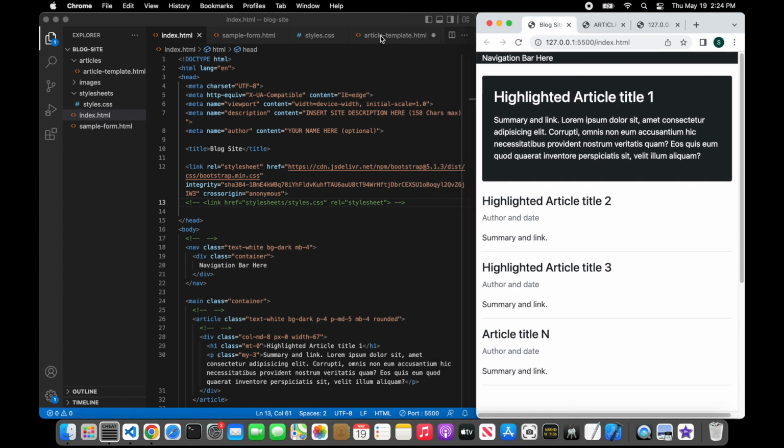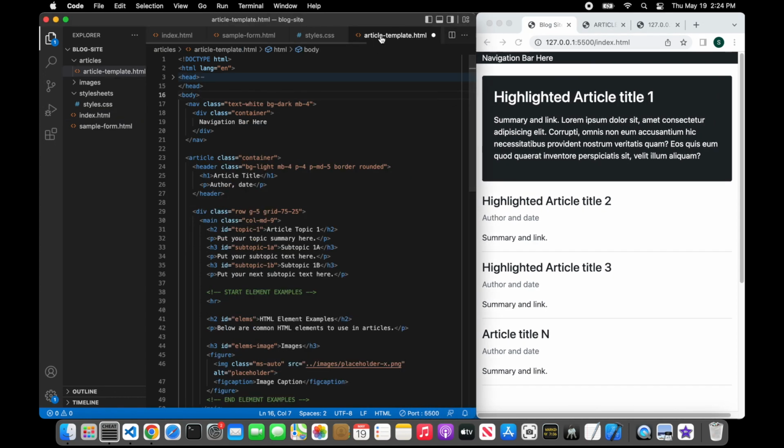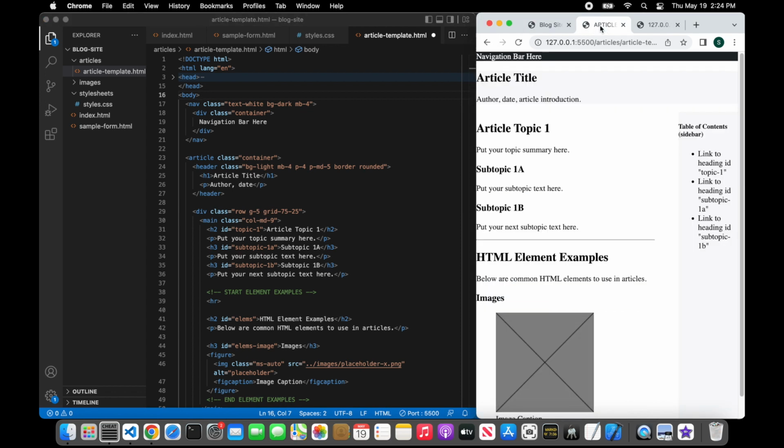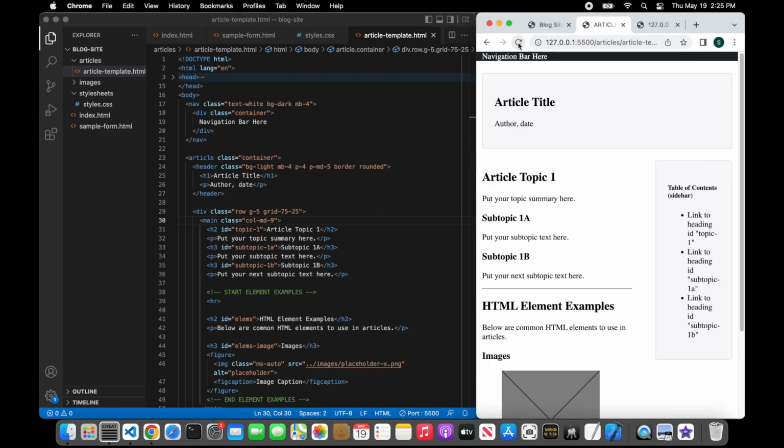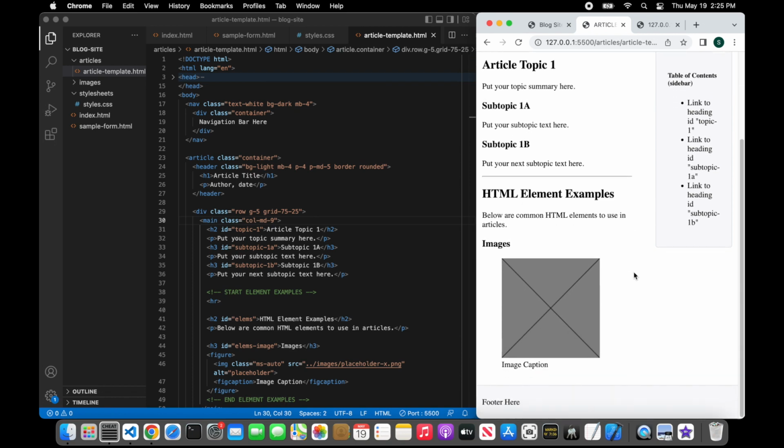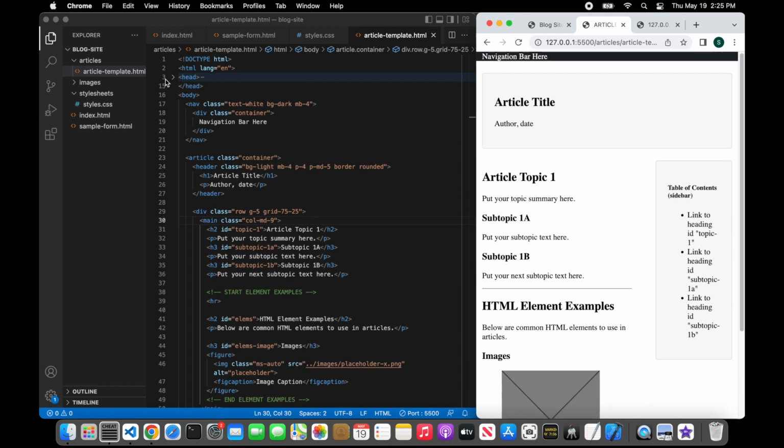Now let's do the same thing to the article template page. I've actually already done it. Pretty much identical to what we did on the other page. Let's take a look at it. We won't walk through it line by line like we did before. So let me just save it and see what it looks like. Refresh the page. Okay. And now using Bootstrap,